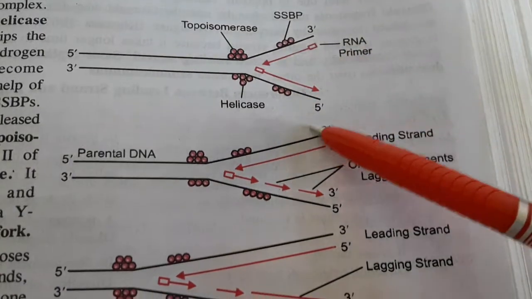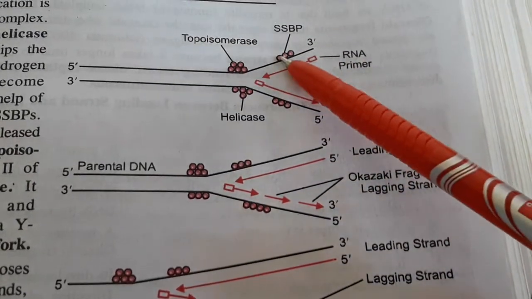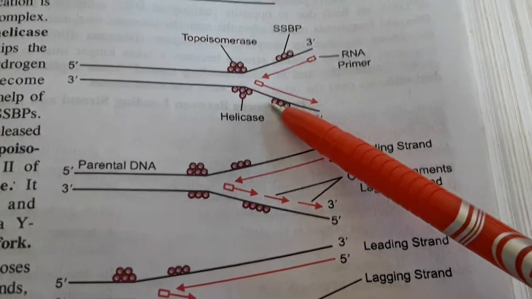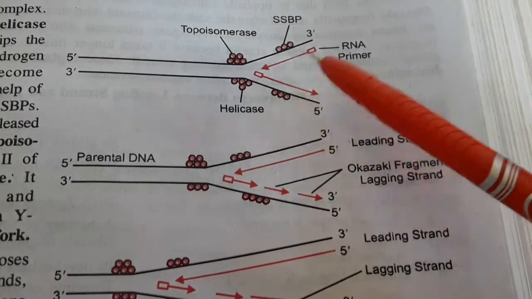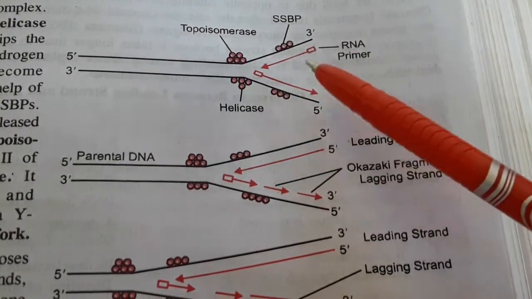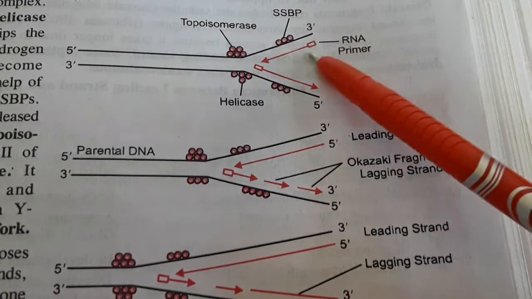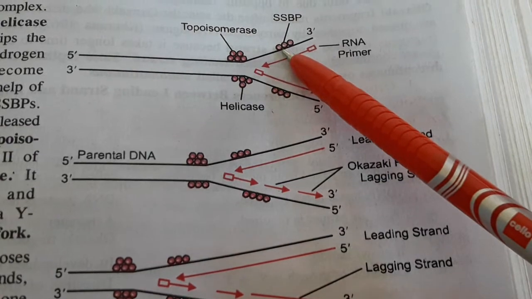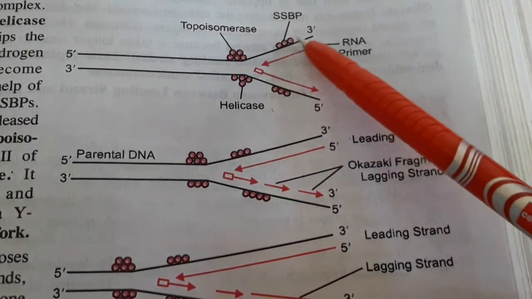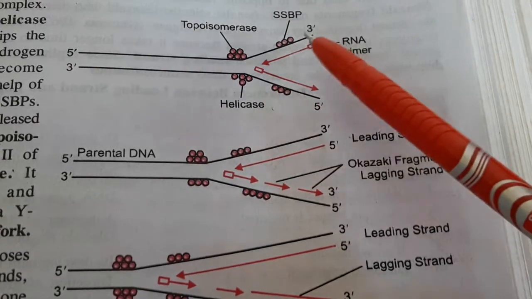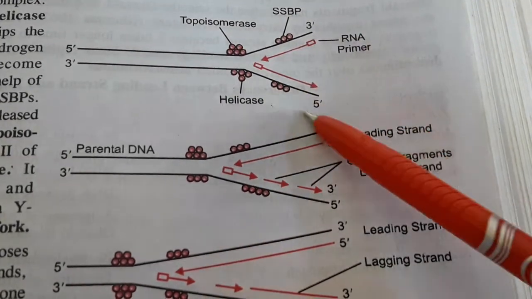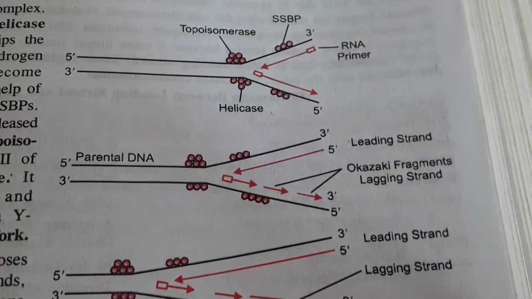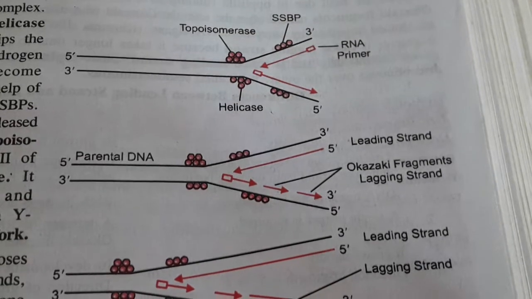That means they will start coiling further. So it is cut with the help of topoisomerase, and there are single strand binding proteins which hold the two strands apart so that they do not recoil, because if recoiling takes place, they will stop synthesis. They cannot form the new strand. They will again reform the original strand. That's why the SSB proteins act as clips and hold the DNA strands in the Y-shaped position, and this is known as the replicating fork. Here in prokaryotes the topoisomerase is known as DNA gyrase.